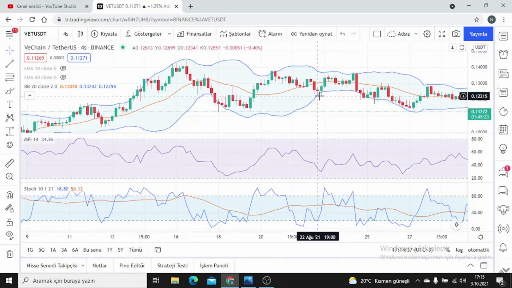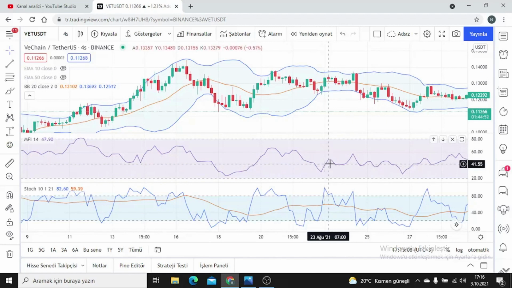Let's look at the future dates, guys. Likewise, it has produced a buy signal for us here. We are checking it immediately with our other indicators. It has touched the lower channel of the Bollinger Band here, but our MFI indicator tells us that there is a money outflow. In other words, MFI produced a buy signal for us where there was a weak and full breakdown. Both stochastic produced a buy signal and Bollinger Band produced a buy signal for us. So one candle, two candles from here, we take profit from here and exit the trade.